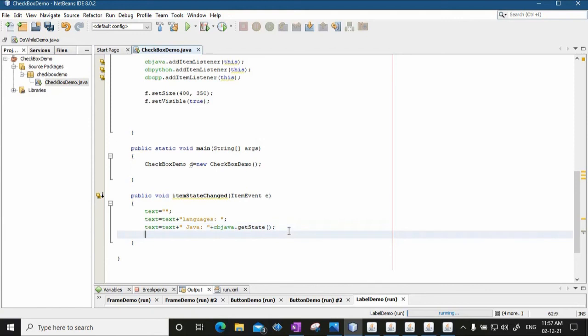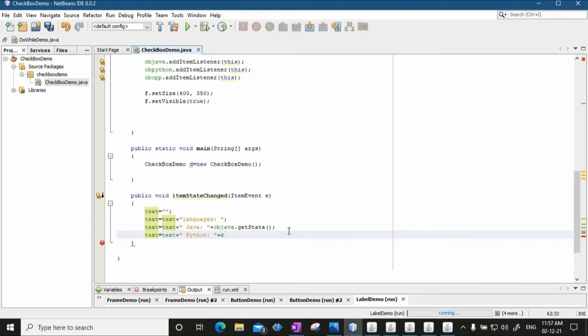Now this is for the first checkbox. Now for the second checkbox, I'll say text equal to the old text plus, it will concatenate this also. It will say Python, and it will tell you the status of Python, whether it is checked or not.